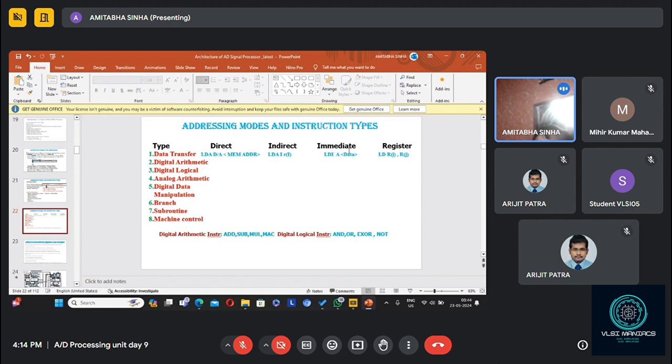The data itself will be there. And register addressing is load RI RJ. That means data will be loaded into RI from RJ. Here we are following the Intel convention where the right hand side data will be stored into left hand side data. Similarly